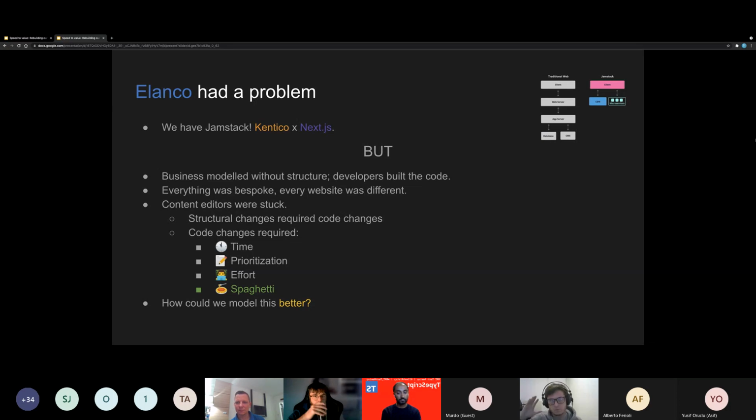All the diagrams and pretty pictures the business liked to draw had to be implemented by developers in code to build out the front end, which meant that every single one of our sites was made bespoke, despite them all pulling from a common component library, which meant that every single site was built from scratch in code when it probably didn't need to be.